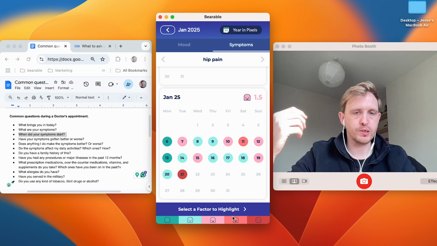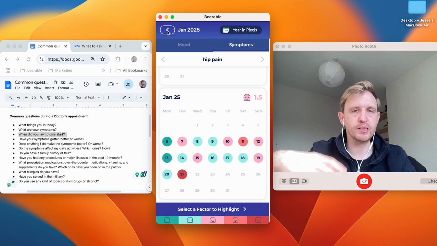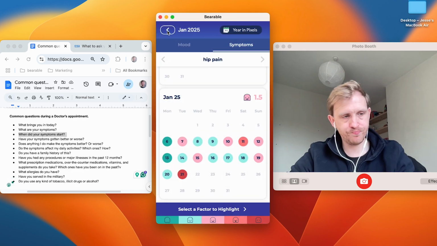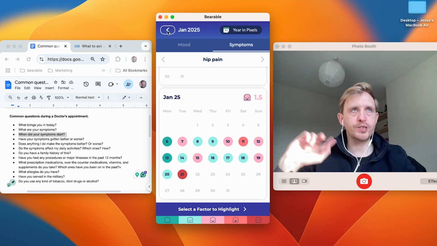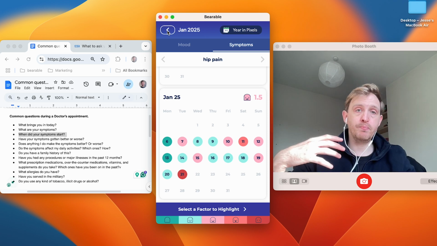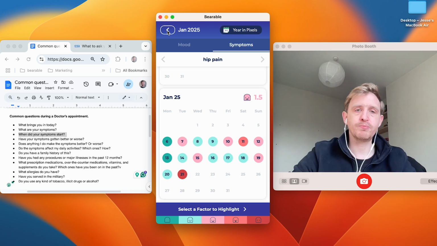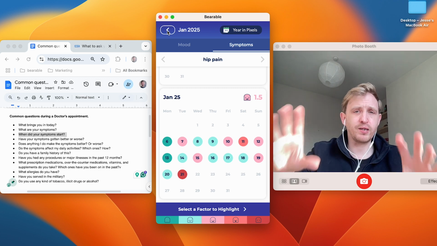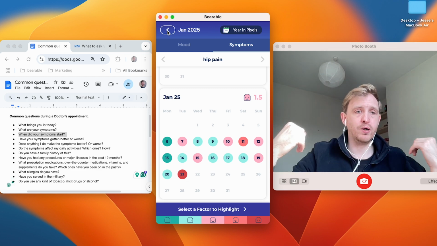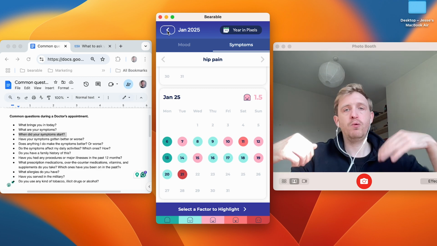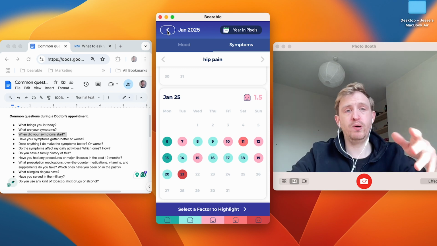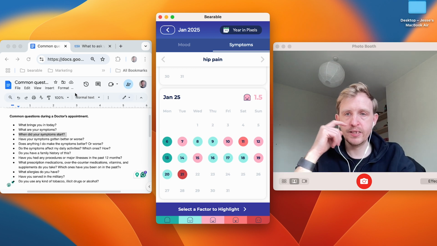In here as well, you can look at things like factors and overlay them and see if there's any correlation between certain activities that you do and changes in symptoms. Let's not worry about that for now. I think the calendar is going to be useful for saying dates on which symptoms were more severe, less severe, when they began, when they ended, etc.